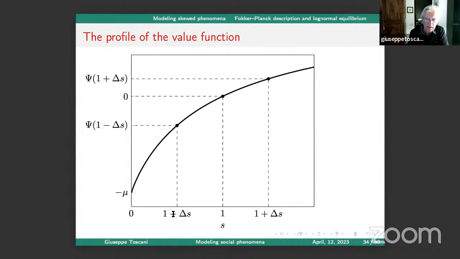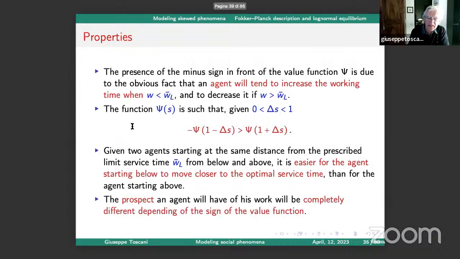You see, if you look on the x-axis, you have the reference point, which is 1, and then you move on the left of minus delta S and on the right of minus delta S. When you go on the epsilon axis, you see you have a shorter interval above and a longer interval below. That expresses the fact